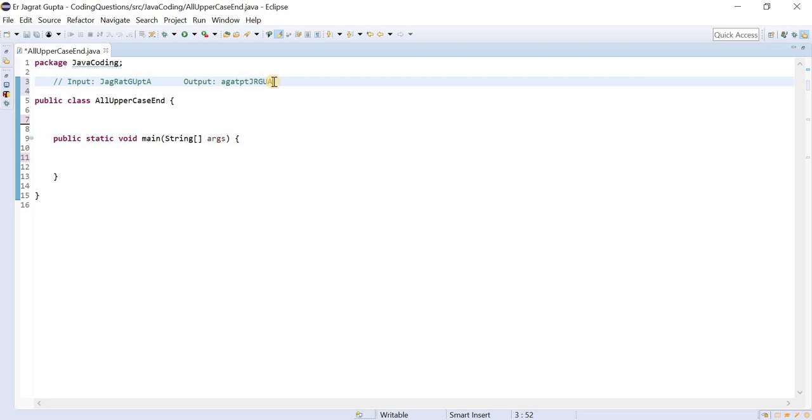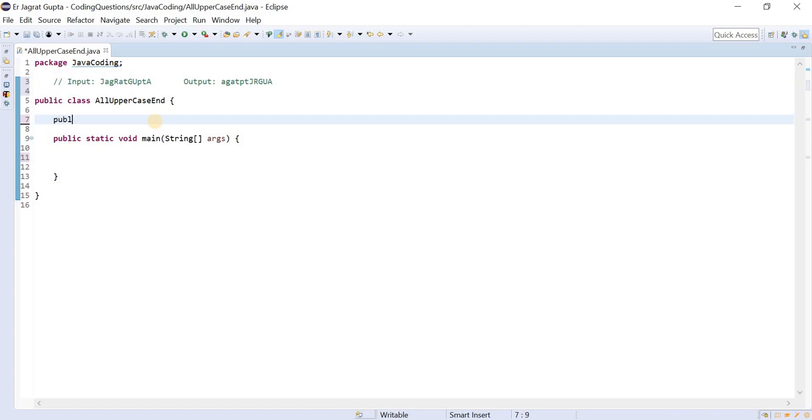All the uppercase letters we will store in one string and all the lowercase letters we will store in a separate string, and at the end we will concatenate those strings. In this way we can achieve this particular output. Okay, so let me start, and I will explain the approach during the coding also.